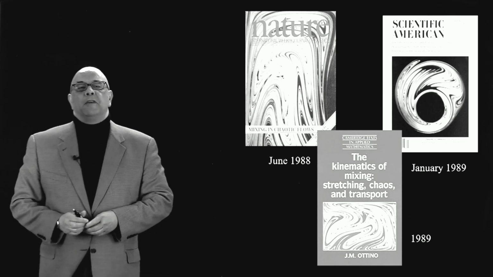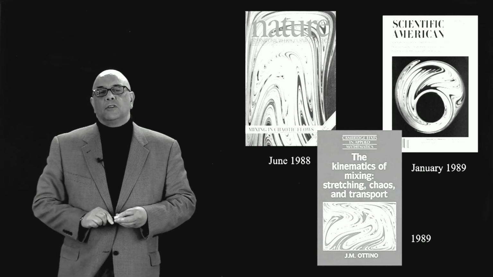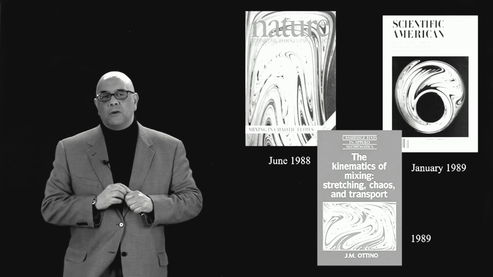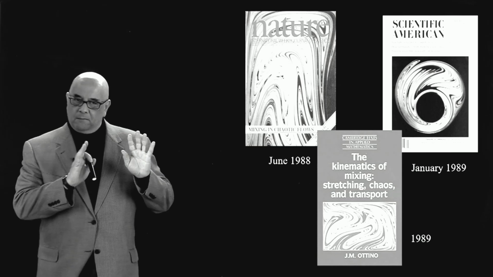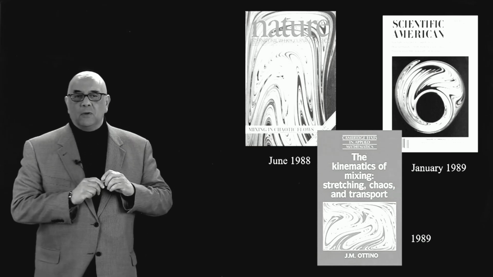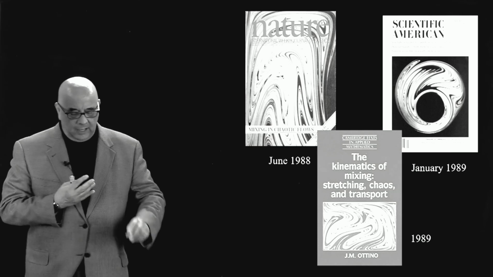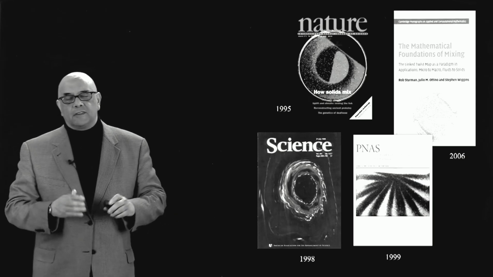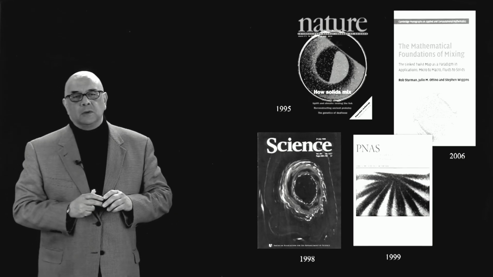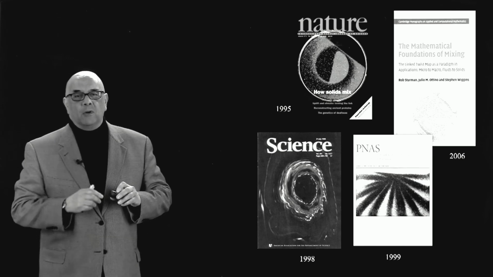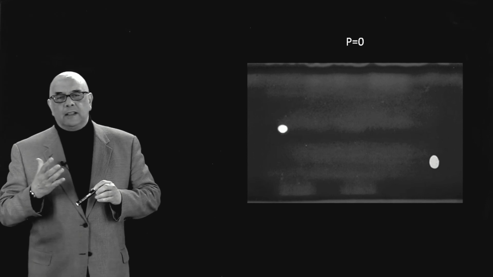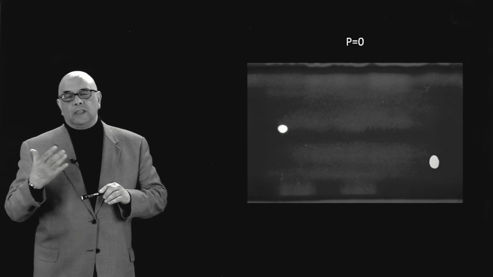And shortly before that, there was a paper in Nature that appeared in June before the publication, and one in Scientific American. One of these papers made it into the book, Nature, the other one did not. After the book appeared, there was more research, some of which took us into mixing of solids. Another book took us more to the math side of things. But at some point, the picture became clear as to what the essence of mixing was.